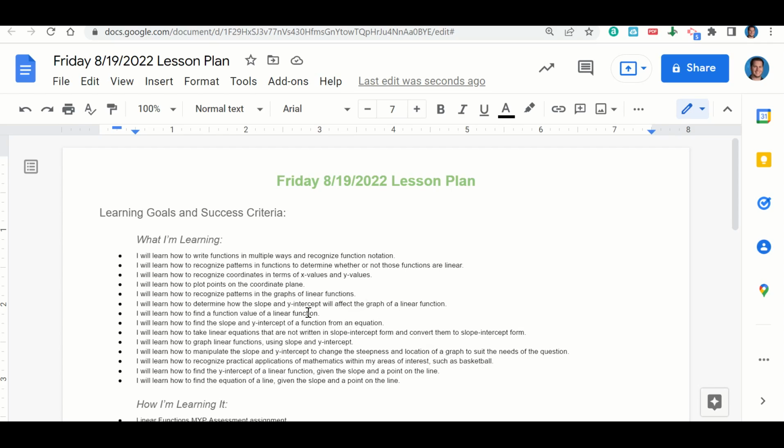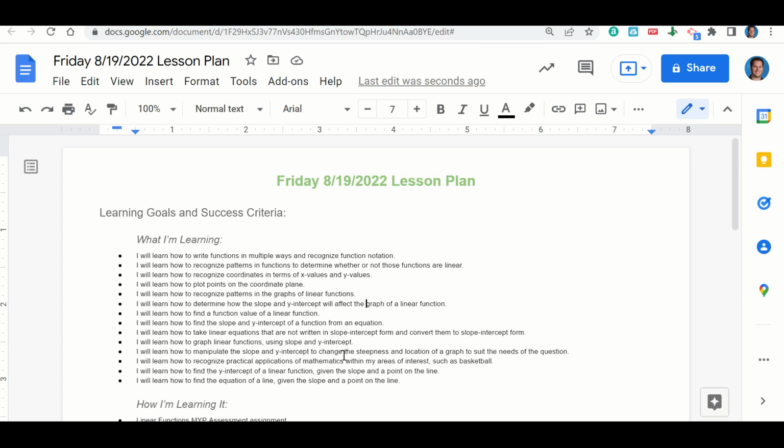of a linear function, how to find the slope and y-intercept of a function from an equation, how to take linear functions that are not written in slope-intercept form and write them in slope-intercept form, how to graph linear functions using slope and y-intercept, how to manipulate the slope and y-intercept to change the steepness and location of a graph